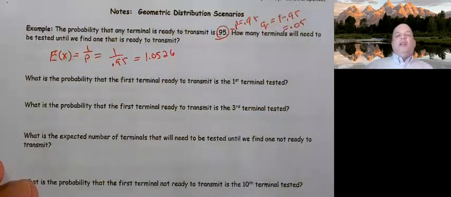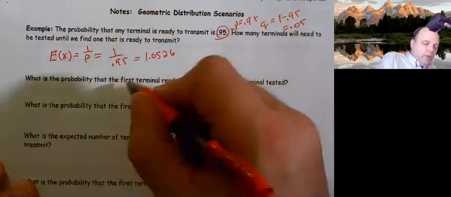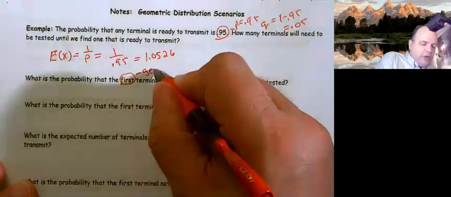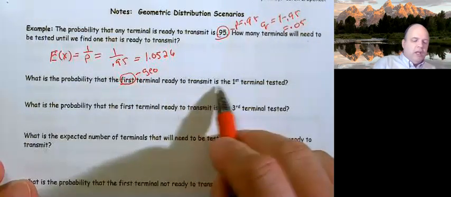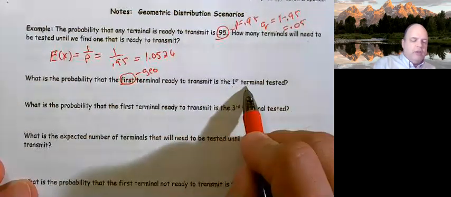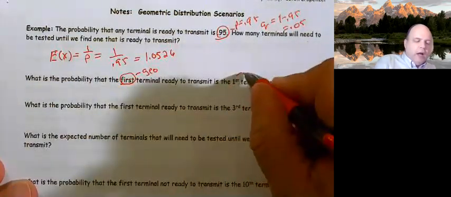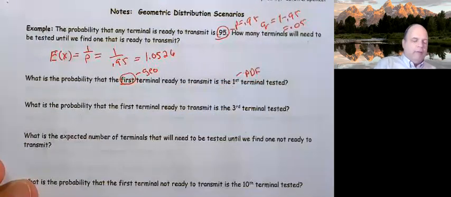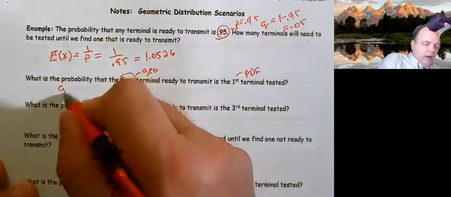What is the probability that the first terminal ready to transmit is the first terminal tested? So here we see this key word, first. This implies that we're working with a geometric. So this is a specific value. Because it's a specific value, it lets me know I'm working with a geometric PDF. So we have a geo PDF,